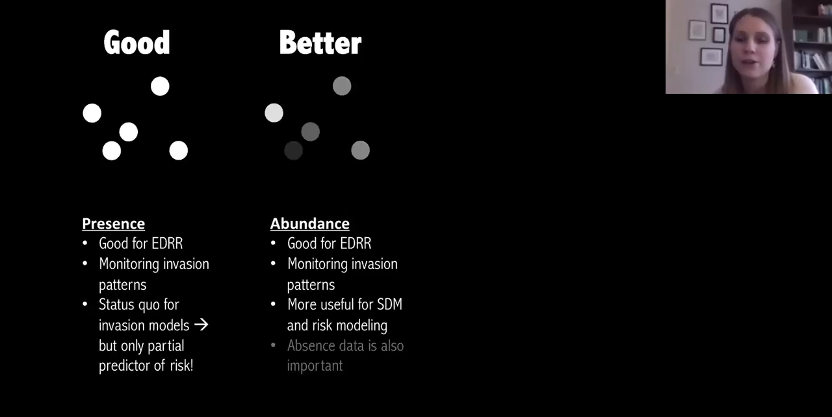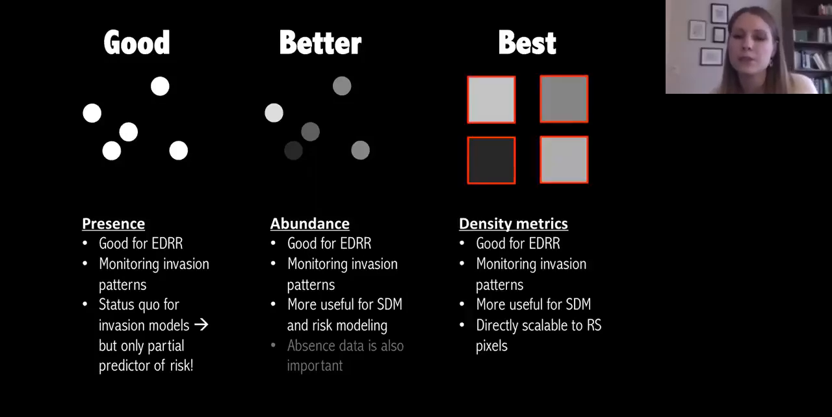And a final point for your abundance data: it's not just important to know where things are, but where they aren't. So recording absence data, which is often overlooked, is very important. If you're doing a survey, don't just let us know where you did see things, let us know where you didn't as well. So that's kind of our better scenario, but really the best source of data for remote sensing